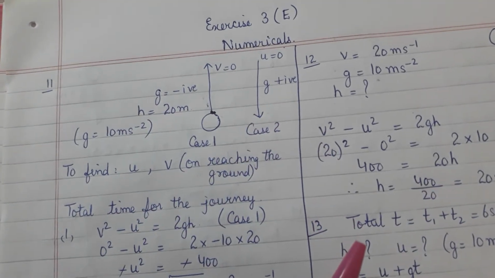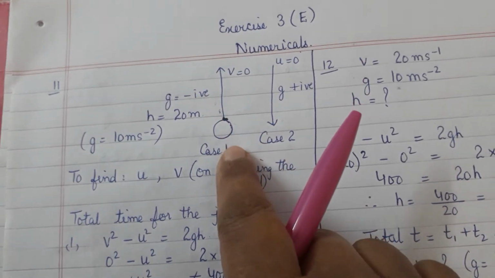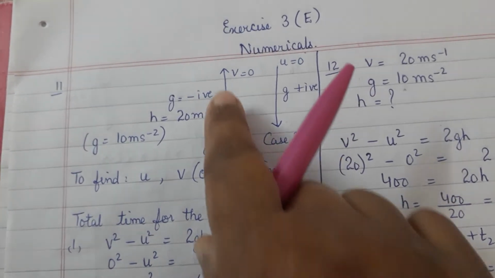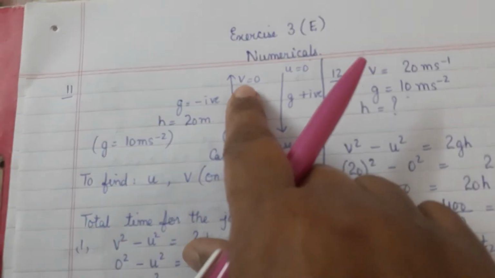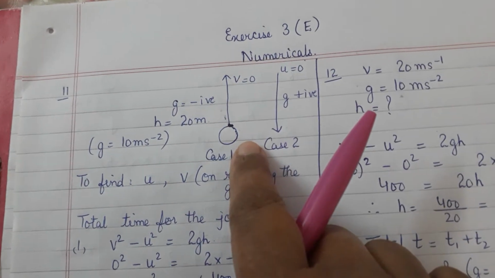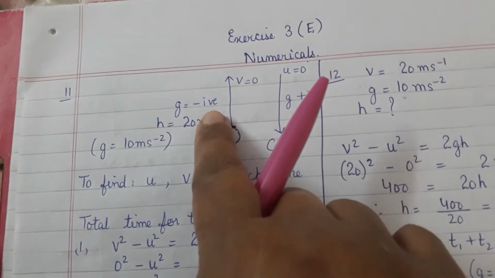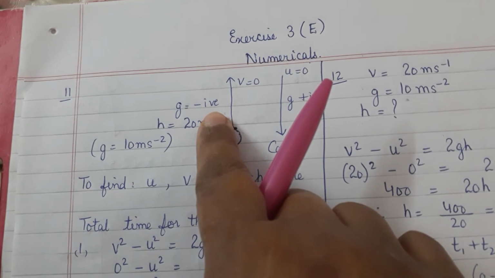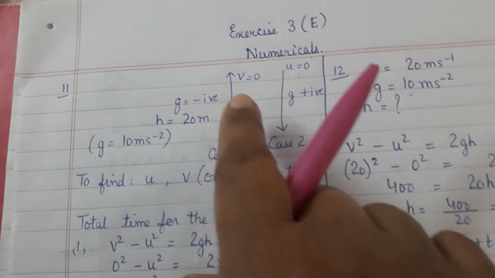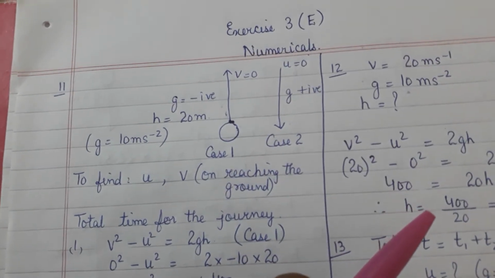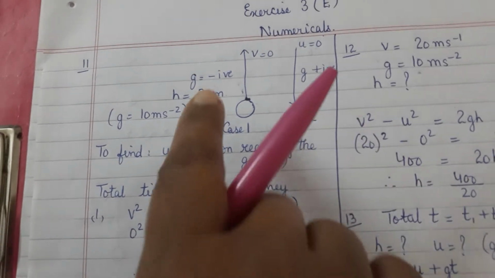In this question, it has been given that a ball is thrown vertically upwards. Now, when a ball is thrown vertically upwards, children, we know that the value of V is 0, but U has a value, right? And when anything is thrown vertically upwards, the value of G, that is acceleration due to gravity, will be considered to be negative because it is opposite to the direction of the force of gravity of the earth. Okay, and it has been given that it moves to a height of 20 meters, right?